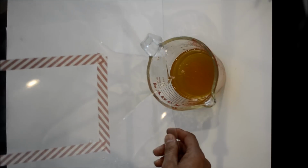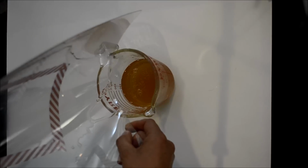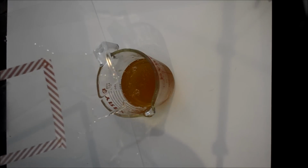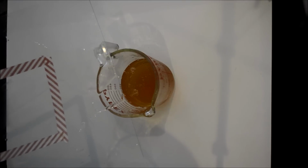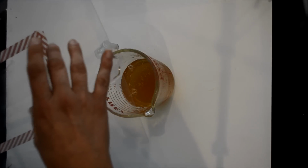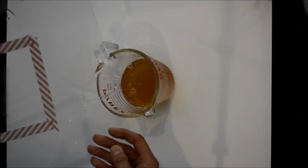As soon as I've done that enough times where I'm happy I've got a nice good coat, I literally just tip it up and drain it off, and I will hold that for quite some time. What you'll see happen as this dries is that it will be a lot thinner and therefore more brittle on this side, but don't be tempted to tip it back this way. It will cool, and then you'll end up with big blotches of gelatin, and that defeats the purpose. So once there's enough off that I'm happy,